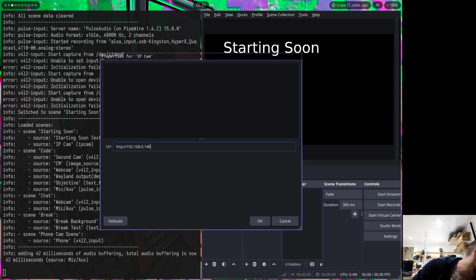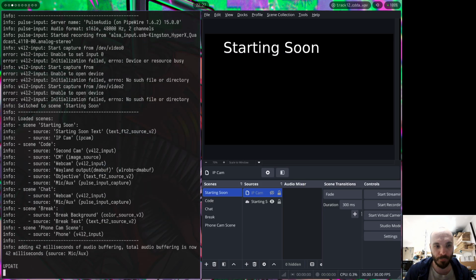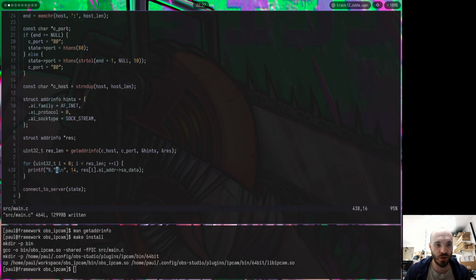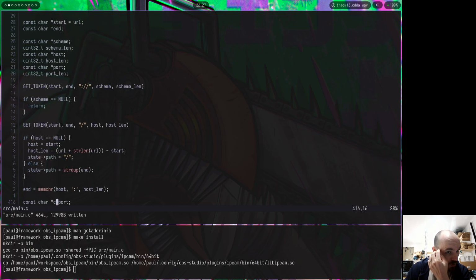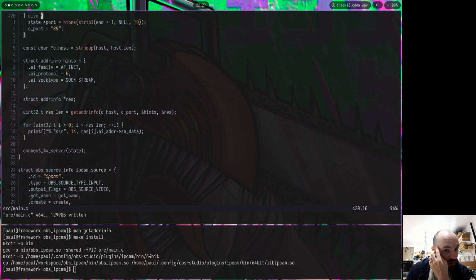I think that's what it is. Oh, there's legit a port there, so that's gonna cause an issue. I get updates and then nothing else. So a few things. I could early return, which I don't think I've left an early return here, or I just got nothing in my getaddrinfo. Also very possible. The other thing that I should probably do is